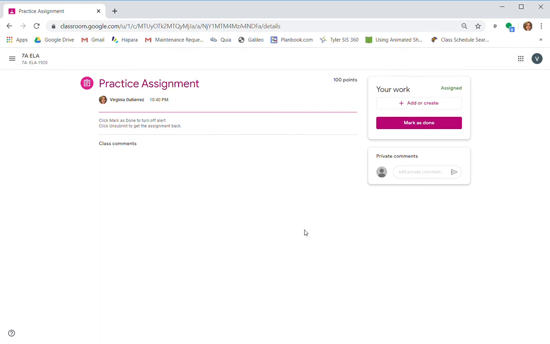Now here's an example of an assignment that is bare bones. There is little to no instruction or attachments, but this is